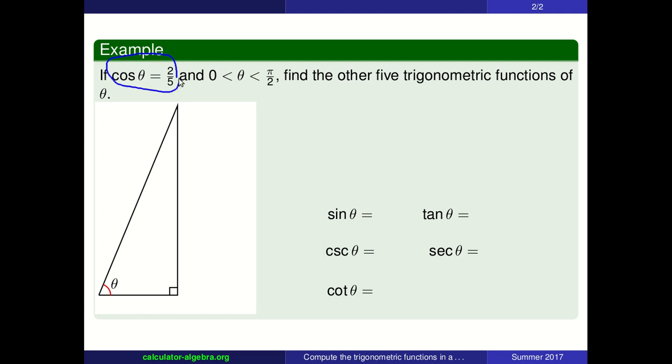Suppose that cosine of theta equals 2/5. Right, so we're not given any triangle. We're just given the value of a cosine function. There's something else in this problem. Suppose we're given that cosine of theta is 2/5, but theta is not just any angle. Of course, there are infinitely many angles whose cosine is 2/5. Just take any angle and add 360 degrees to it. There are other ways, of course, not only that. So there's not only one angle with that cosine, but